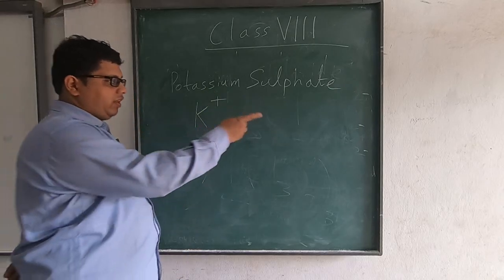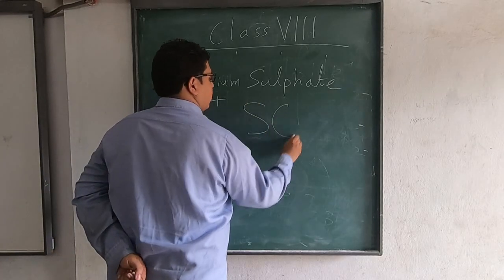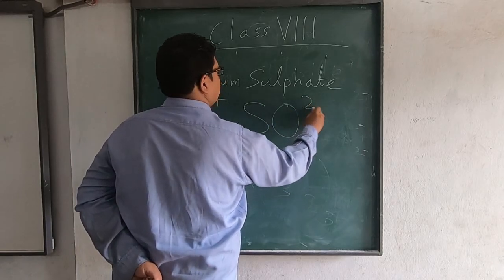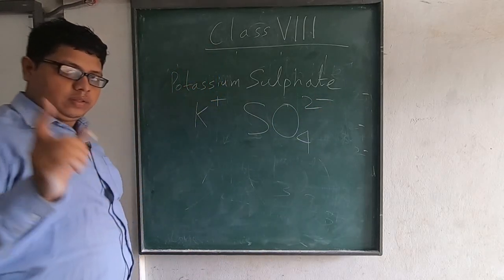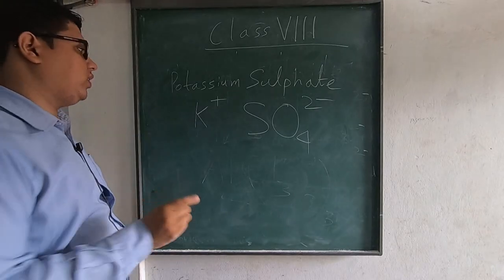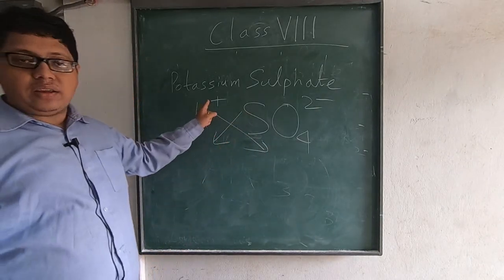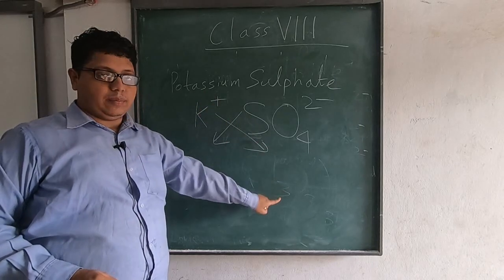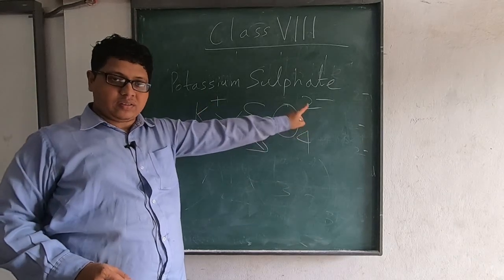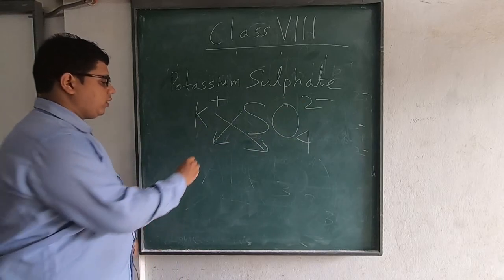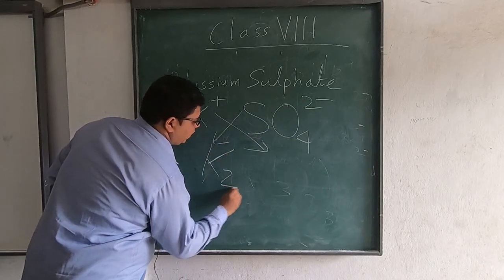Simply. Sulfate is what? SO4 2 minus. Okay, these are found in the chart, so you have to look at the chart. Then we cross it over. As it is nothing here, only plus, nothing will come down here, but there is a 2 here, 2 minus. These 2 will come to the bottom of K. So K2